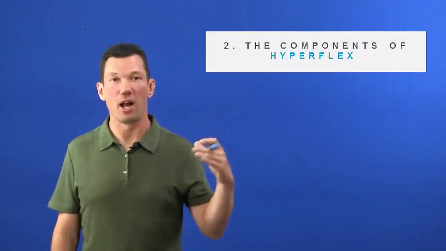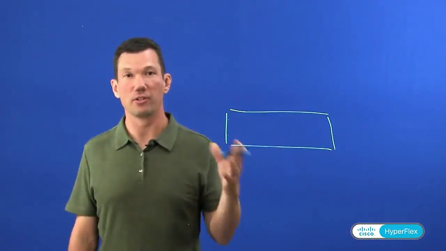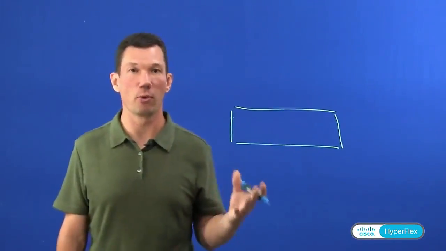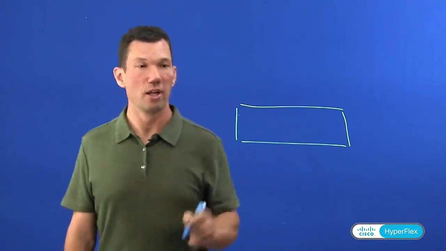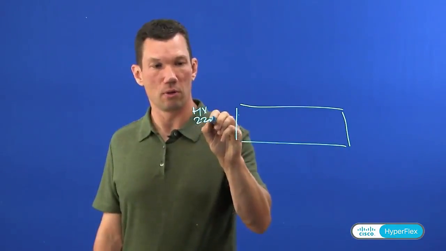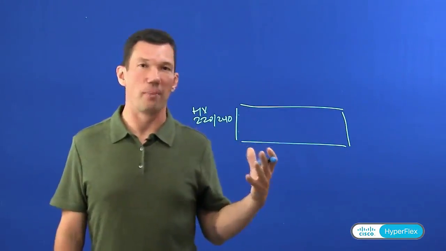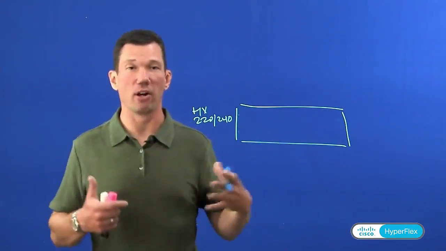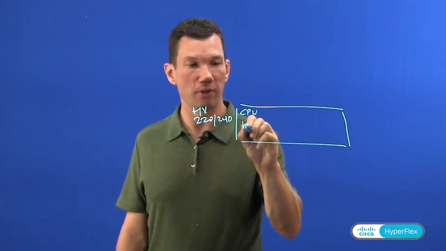All right, now that we've laid the foundation with UCS, we're going to layer on top of that some of the specific HX data platform components that exist on top of that UCS server. So at its core, HyperFlex exists on top of either a C220 series server or a C240 series server, which then give us either the HX220 or the HX240 nodes. Those nodes really only differ by how much capacity I want, how many drives I want, how far I want to expand that node. But at its core, those nodes give us CPU, memory, and